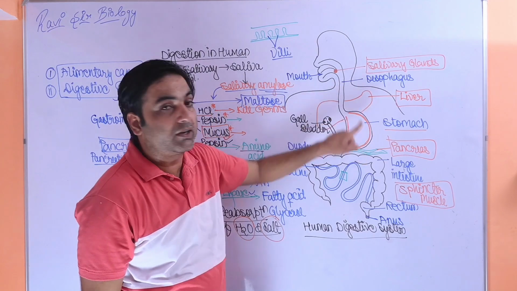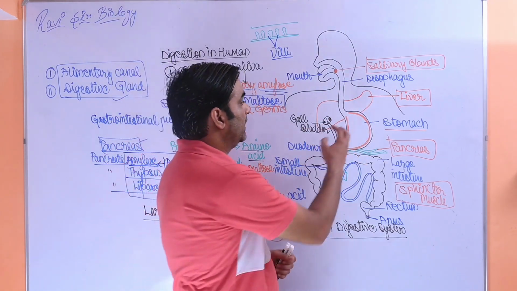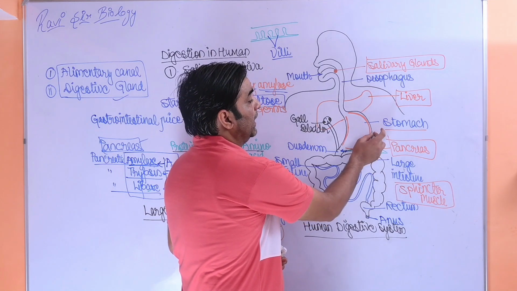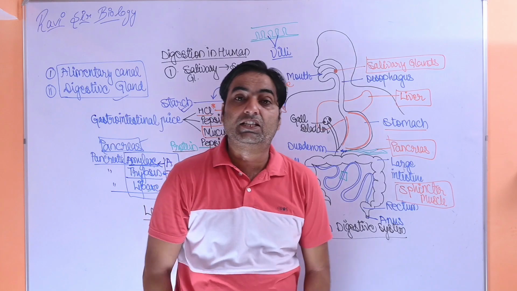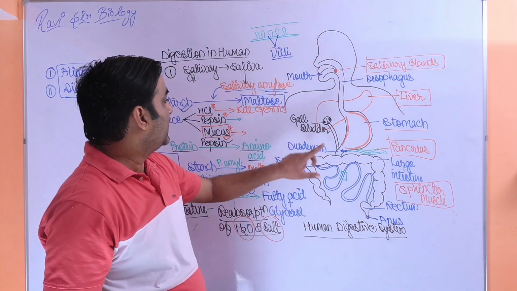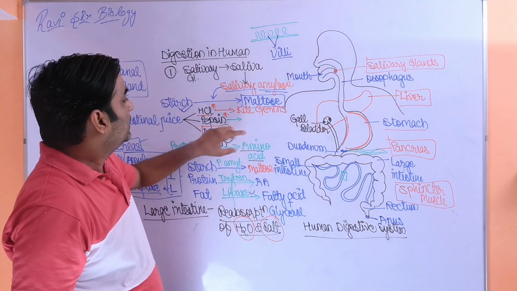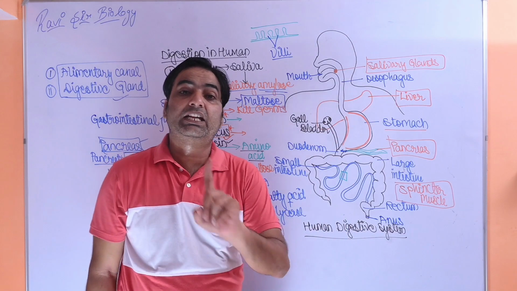म्यूकस क्या करता है कि HCl जो एसिड है उस एसिड का एक्शन इस वॉल पे ना हो, क्योंकि वॉल अगर डैमेज हो गया तो एसिड का एक्शन होगा, तो ये बर्न हो जाएगा, और वॉल जब बर्न होगा तो यहाँ से ब्लड बाहर आ सकता है और एक डिजीज होता है जिसको पेप्टिक अल्सर कहते हैं। वो पेप्टिक अल्सर नहीं होगा क्योंकि यहाँ पे म्यूकस होता है। तो ये 3 एक्शंस हो गए।